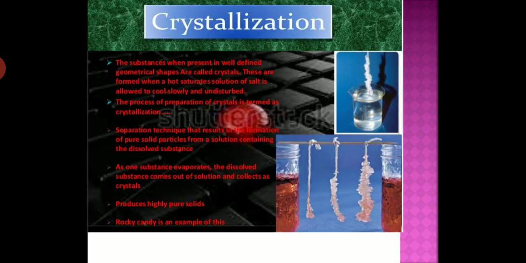Okay student, now we will discuss crystallization. Student, we have discussed crystallization in the last video also. So what do you mean by crystallization? Student, you can use this method to obtain pure copper sulfate from impure copper sulfate. So what do you mean by a crystal? Student, substances present in a well defined geometrical shape are called crystals, and these are formed when a